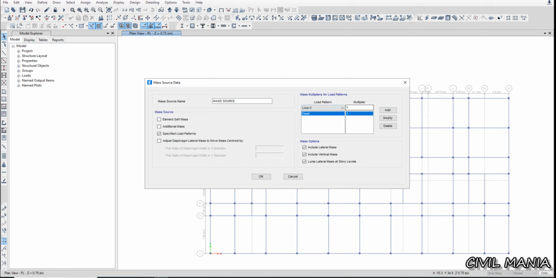For the dead load the mass source will be 1, and for the live load which is greater than 3 it is 0.5, and for less than 3 it is 0.25, and for RS SIDL it is,